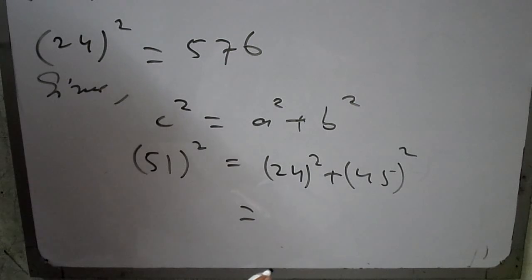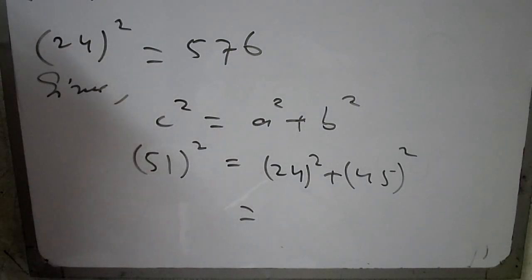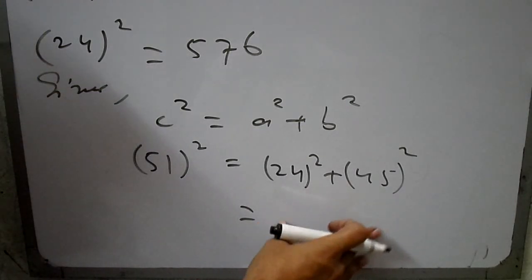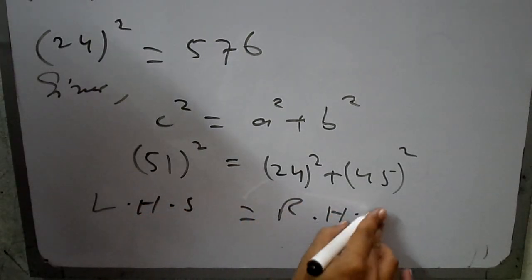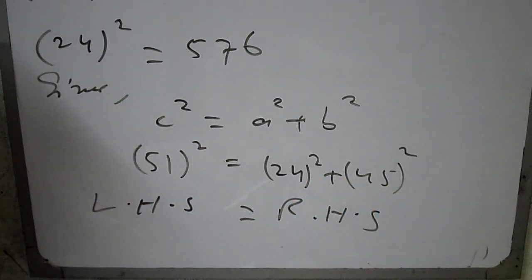I have checked, so clearly the lengths given are the sides of a right angle triangle, because when I simplify it, I have seen that left hand side is equal to right hand side, because both give the same value. Similarly in the E part,